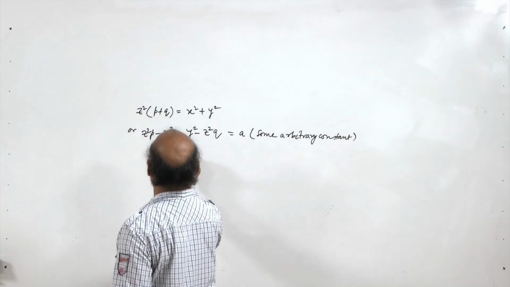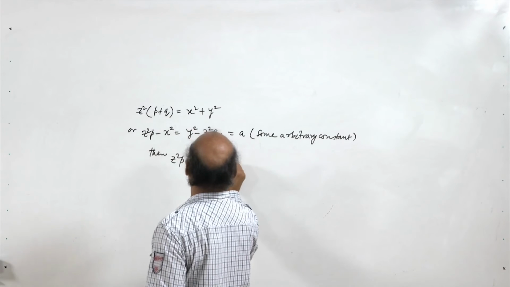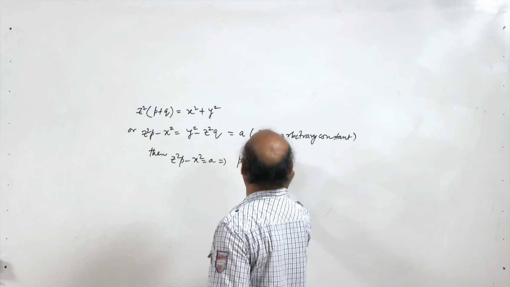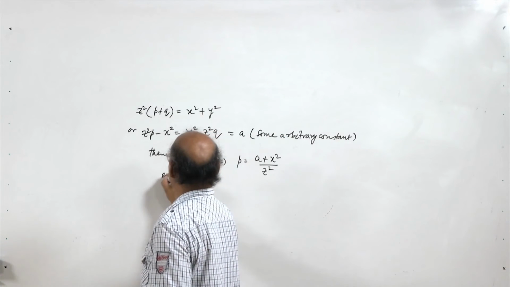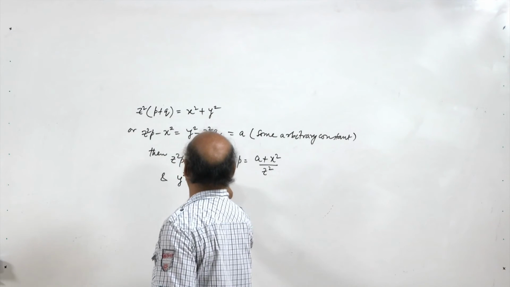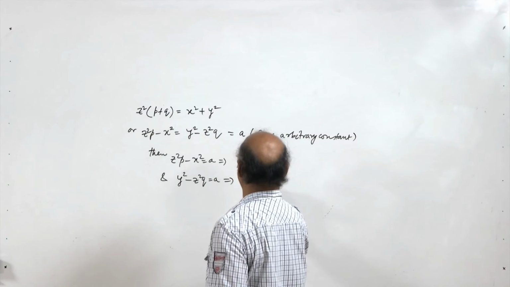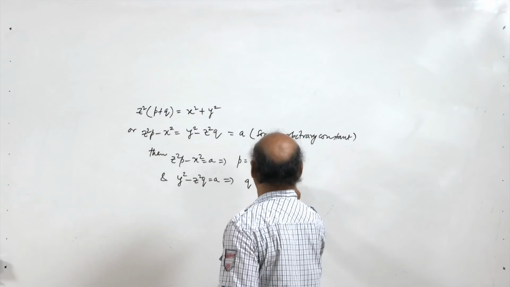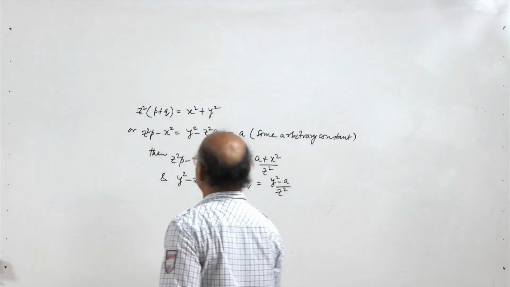z square p minus x square equal to a gives you p equal to (a plus x square) divided by z square, and similarly y square minus z square q equal to a gives you q equal to (y square minus a) divided by z square. Now let us recall that